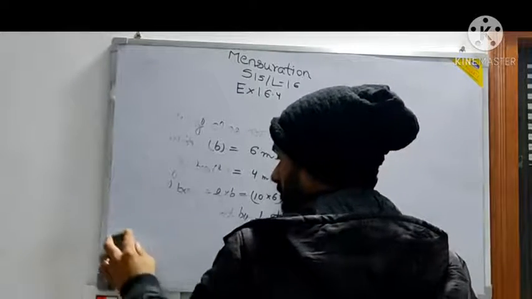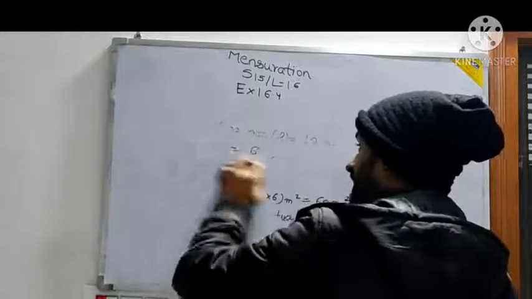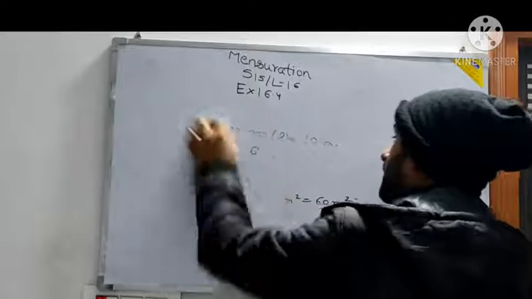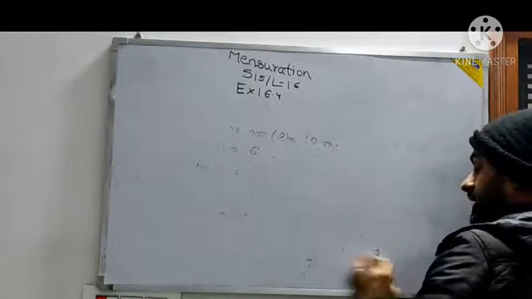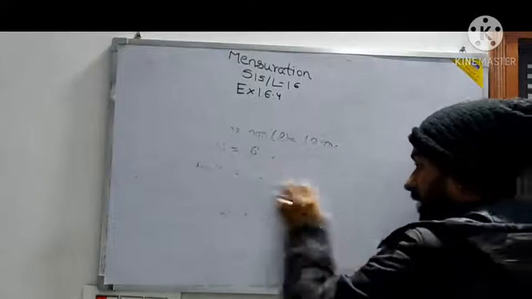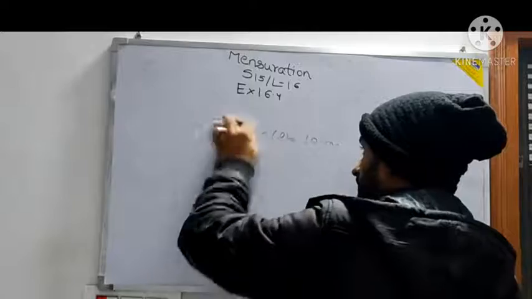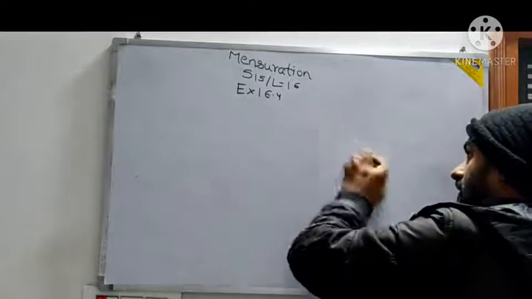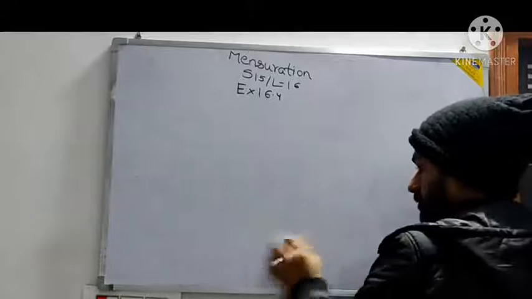Some more types of questions are there on cubes and cuboids. Questions based on tanks, and then questions based on the plot of land. Some soil is taken out and then spread evenly. By how much height will there be a rise in the level of the plot of land? These are questions you have done already, these types of questions in class here. Let me see if some question comes like this.